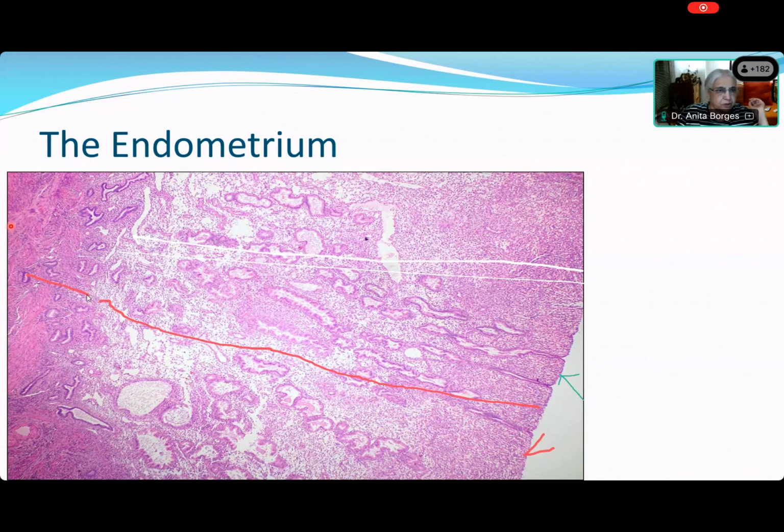All right. So that's the functionalis, and you also showed the basalis. Now, what does the basalis do? What's the purpose of the basalis? It's a regenerating layer. Regenerating meaning it gives rise to the functionalis, right? Why does it need to do that, Simi? When we have the menstrual phase of the normal menstrual cycle, there is shedding of the superficial functionalis, and then the estrogen starts rising again in the next cycle. The proliferation of the endometrium begins in the basalis layer.